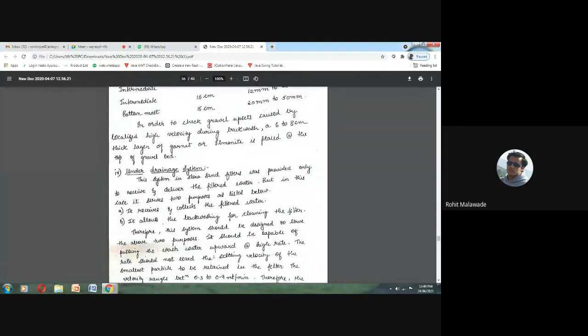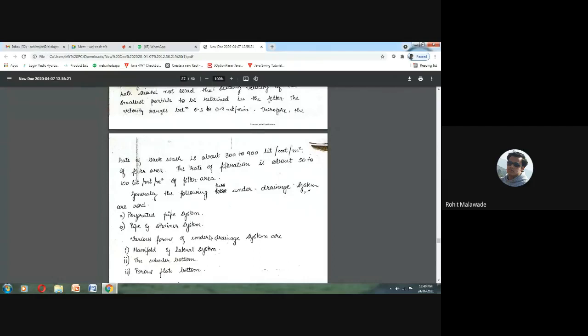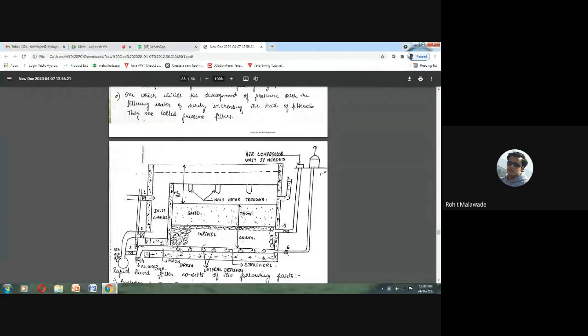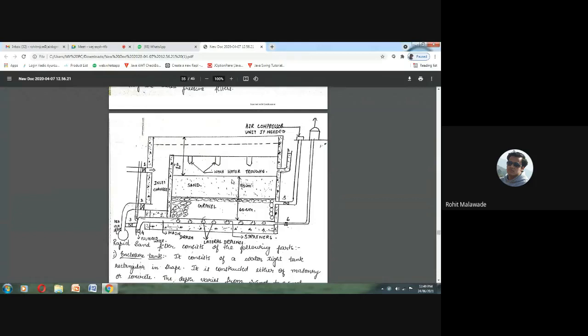Now we are going to see the under drains, since sand is over and gravel is over. The water is going to be filtered from your top layer of sand. It first passes through the layer of sand, then enters the gravel layer, and then it enters through these laterals, which are called lateral drainage. Then it is going to be maintained with some amount of slope, and then it is going to be removed from valve number 4.